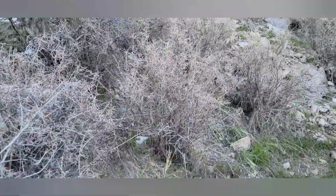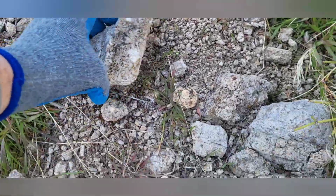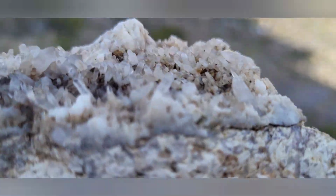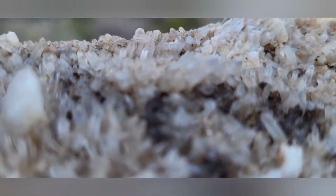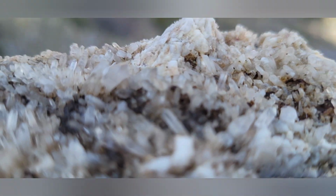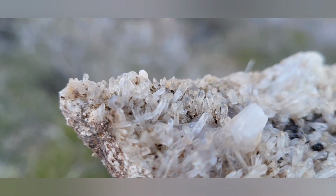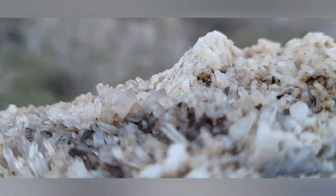And you can start to slowly look around. Oh wow, check that out. See, you can just slowly start looking around and see this sweet stuff. Now, I would normally take this because that's really cool. All those scepter quartz crystals in there, terminations,